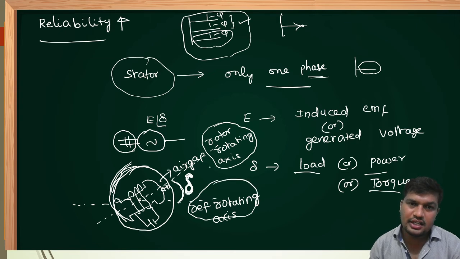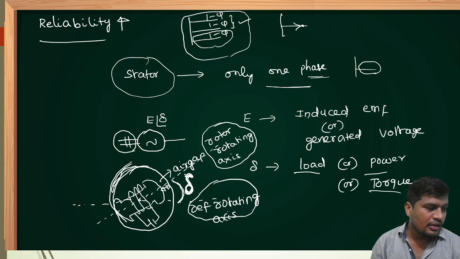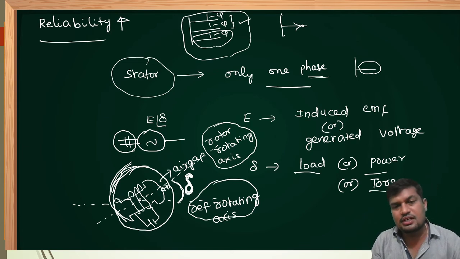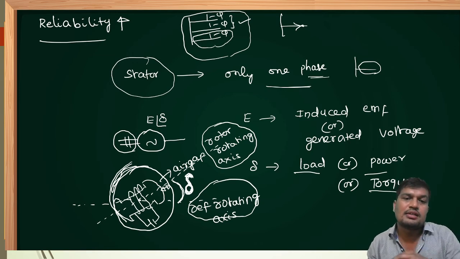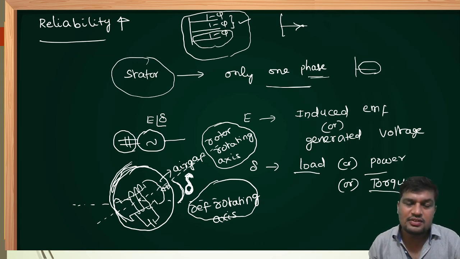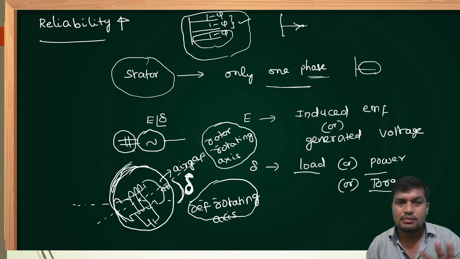In machines you studied, delta is also the angle between induced EMF and terminal voltage. That is also correct: induced EMF and terminal voltage. And what is the relation between rotor rotating axis and reference rotating axis in fault analysis? We will discuss it at that time. You will also understand that the machine language as well as the power system language are both correct. Both are the same. Right? Now, my question is,